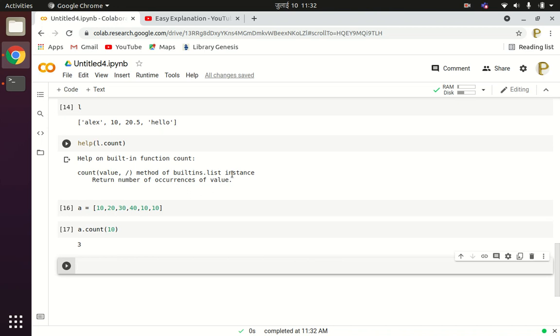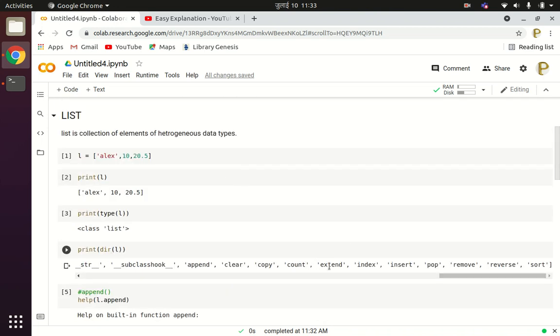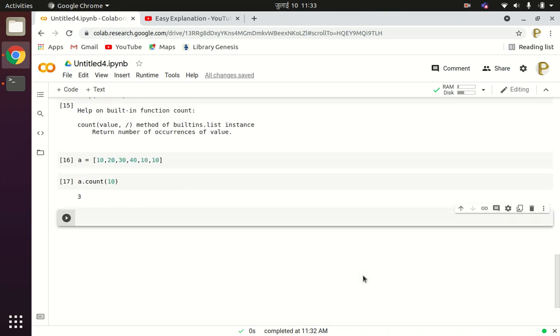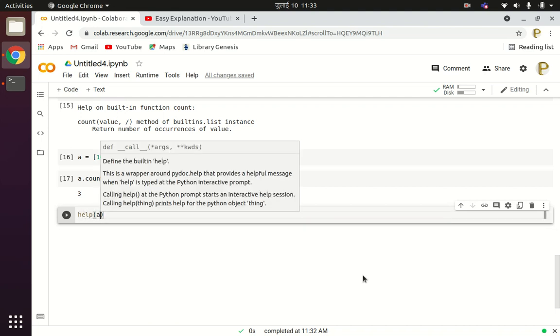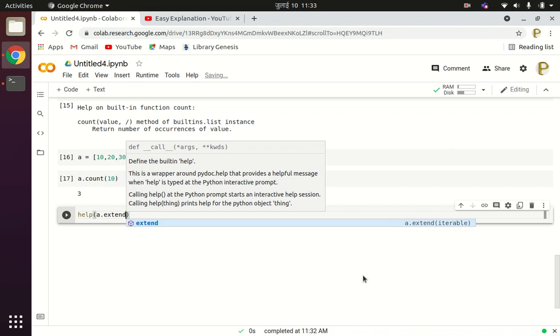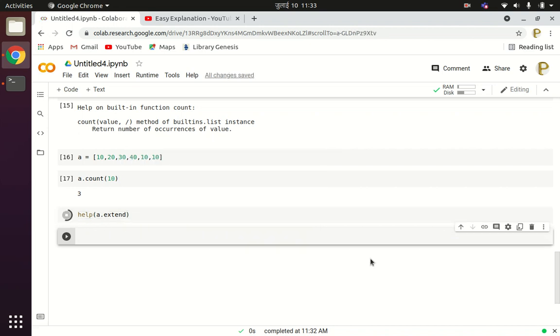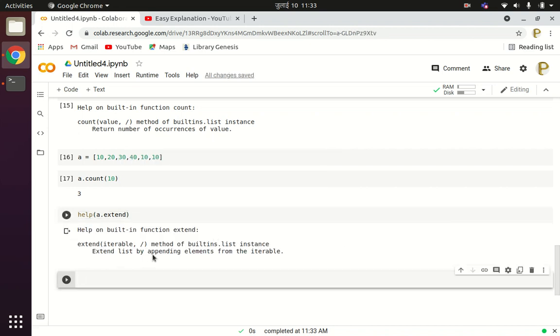After count we have extend. So first understand what the extend function is. Help A dot extend. It extends the list by appending elements from the iterable. So we can add a given list to the list we have.